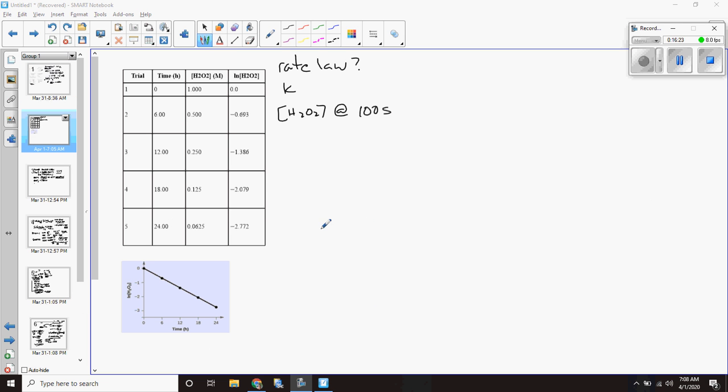Okay, everyone, I found a new problem for us. So let's try the problem again, right? So let's say here's a set of data. You're looking at the decomposition of hydrogen peroxide. So what we did is we conducted a number of experiments and we collected data, the concentration of hydrogen peroxide as a function of 24 hours, right? Four readings